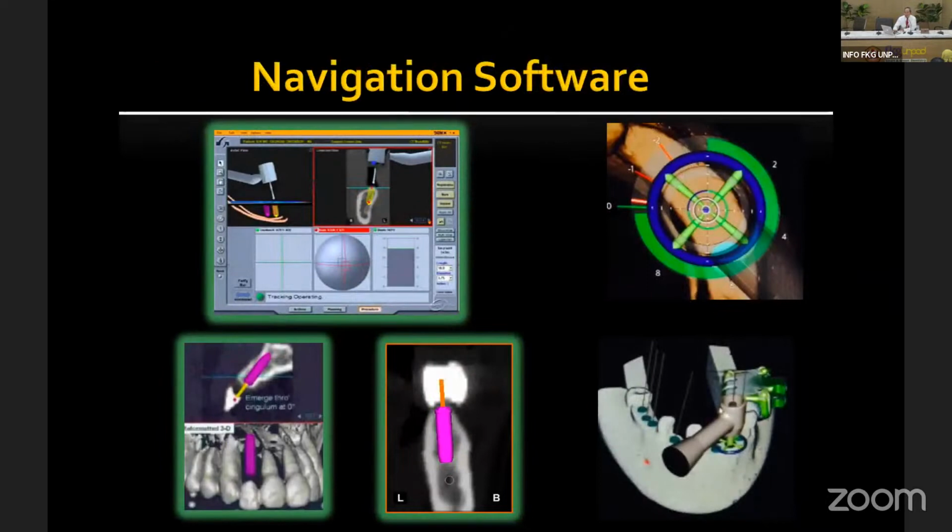Some studies also used navigation. They're testing the navigation system, like GPS for driving. A company came to our school to test it, but some people say it's still a little bit too risky. The recommendation is that if you use the navigation software, the best way to do it is to use a robot, because your hand may be shaking. The robot is kind of stable. You tell them 1 millimeter, 2 millimeters, and they can do it more accurately.